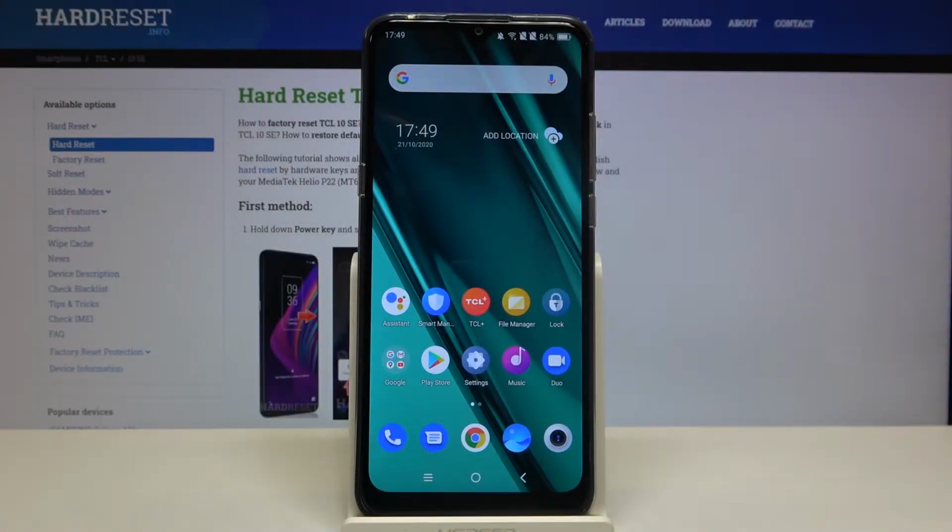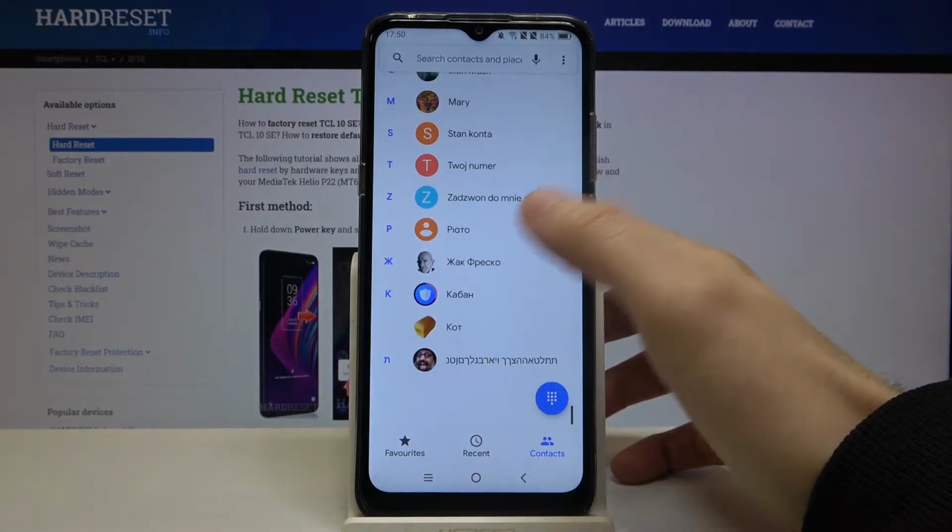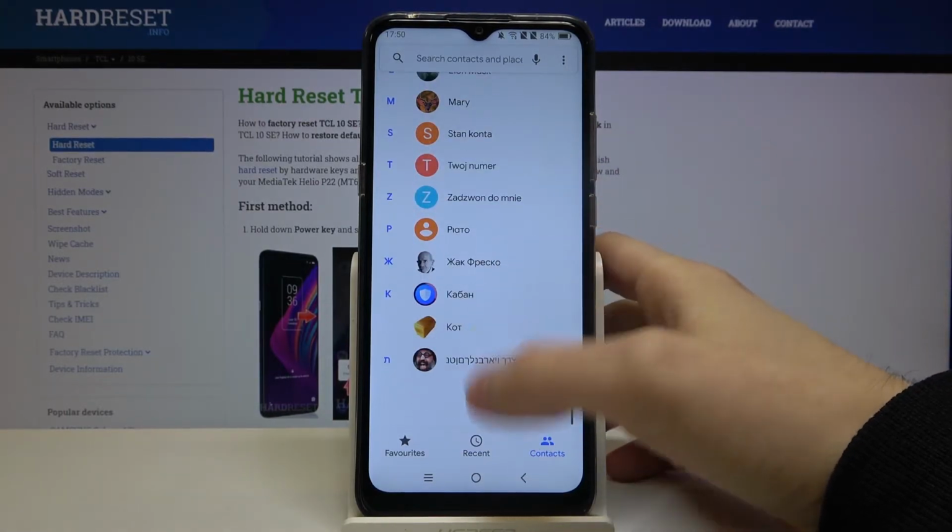Here I have TCL 10 SE, and today I'm going to show you how to add a photo to a contact on this device. So first of all, you have to open Contacts, then select the contact to which you want to add a photo,